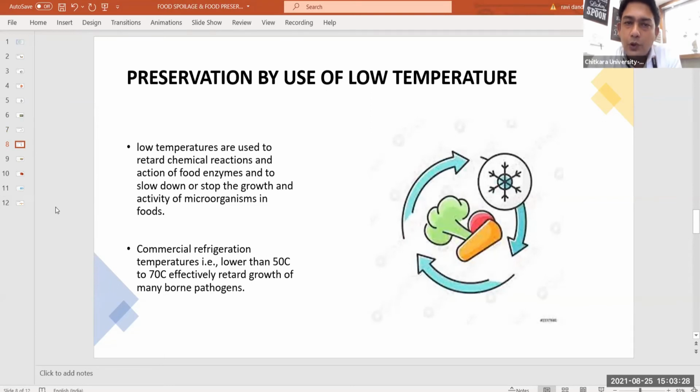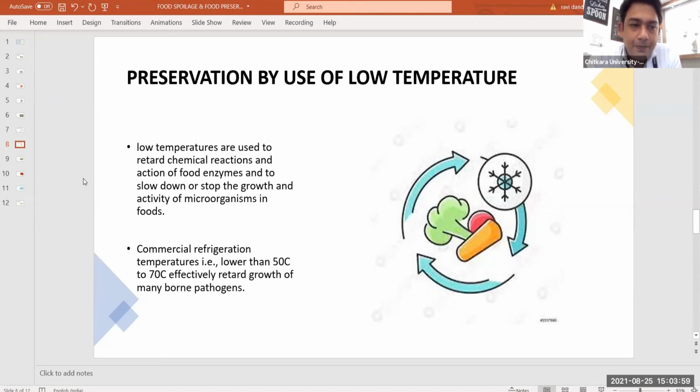Preservation by use of low temperature. Okay, so low temperatures are used to retard chemical reactions. I gave you the example of keeping leftover food in the refrigerator. What's happening inside the refrigerator? The freezing point or the temperature inside the refrigerator is not letting the chemical reactions happen. Okay, so that's how the enzymes get deactivated, and that's how your food remains safe for a longer